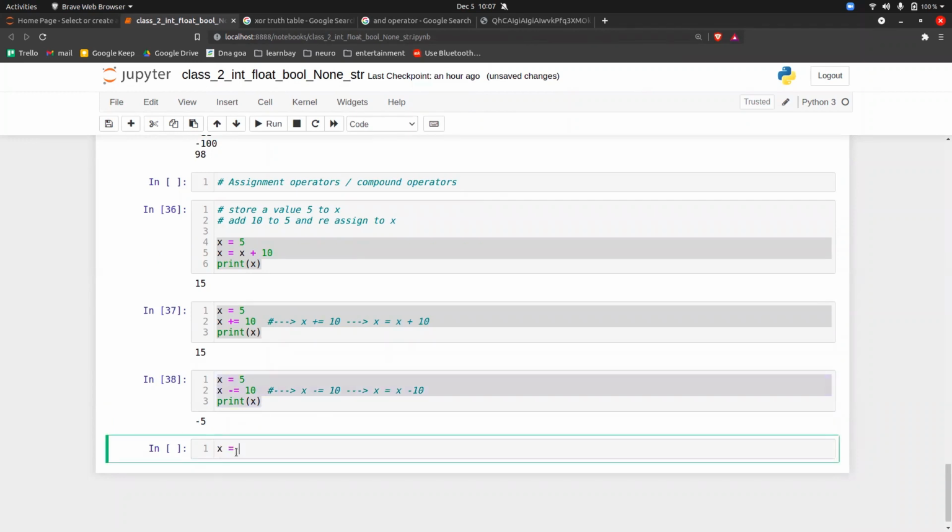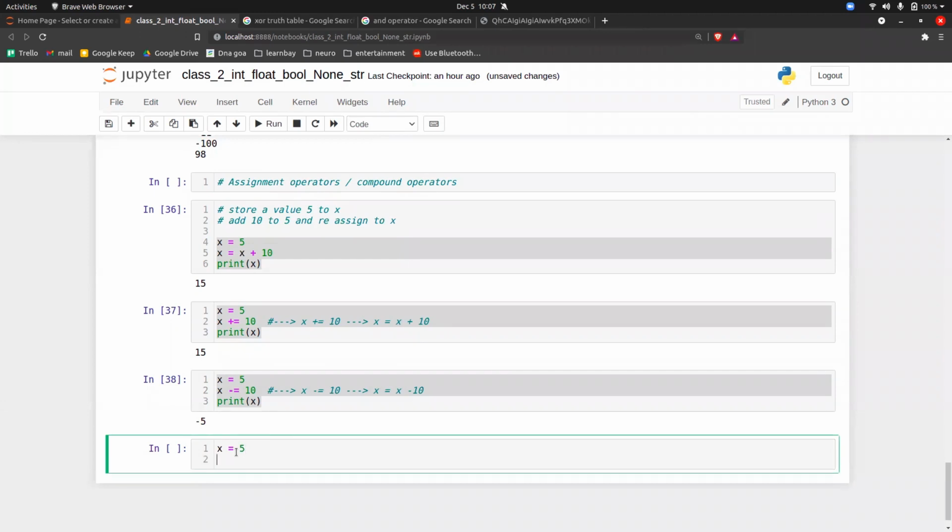If I do x is equal to 5, and then x divided by equal to 2, please give me the answer. Okay, Ruma, the answer will not be 2.5 because this is a floor division, not a float division.